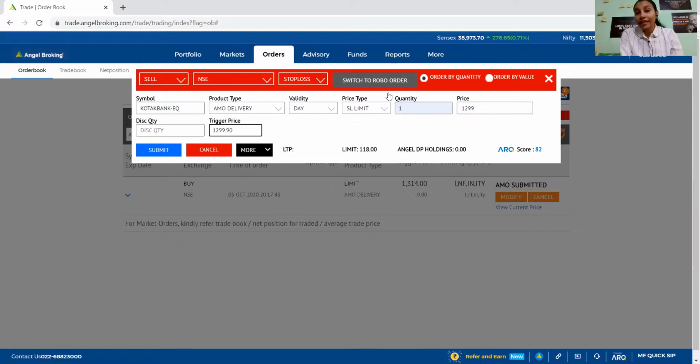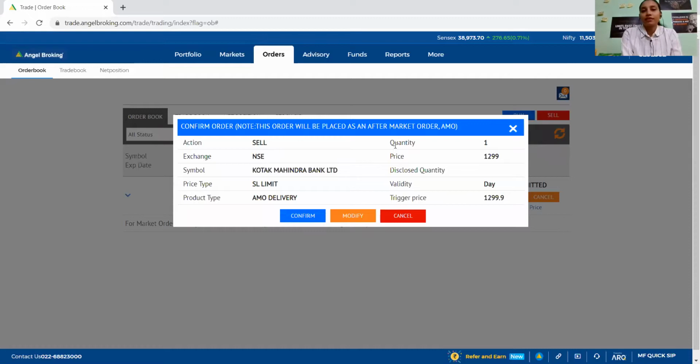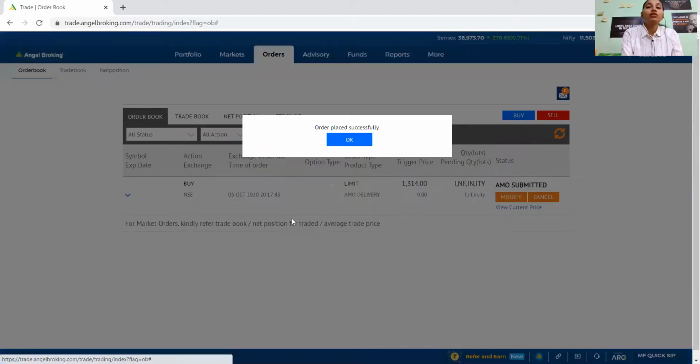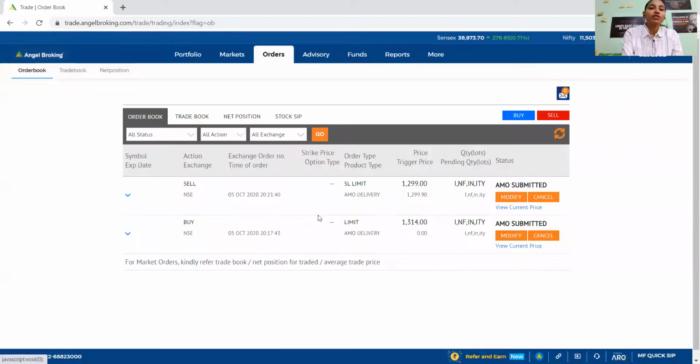Okay, so this is the 90 paise difference. So when I submit this, it is like this. So this will be the price actually, and trigger price is this. So for example, the moment the price comes down after 1300 to 1299.90, it will start to execute a trade, and at the nearest price between this, whatever price they get from the market, it will execute a trade. So actually there are some rules. So order placed successfully. Are you able to see this, people? This has been placed successfully.